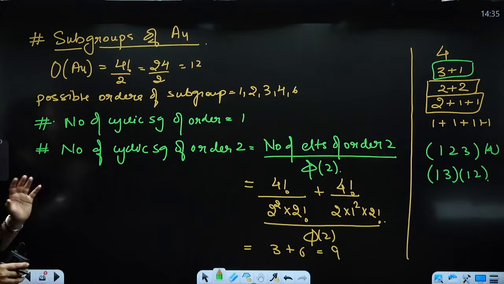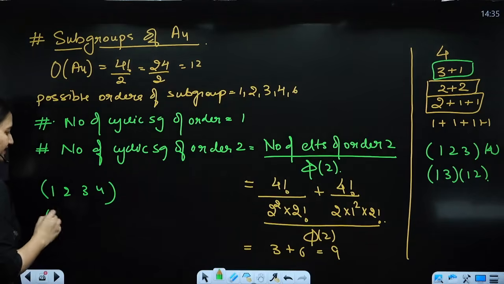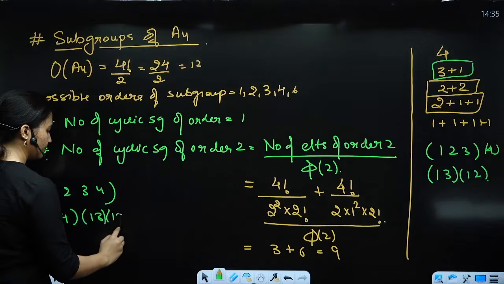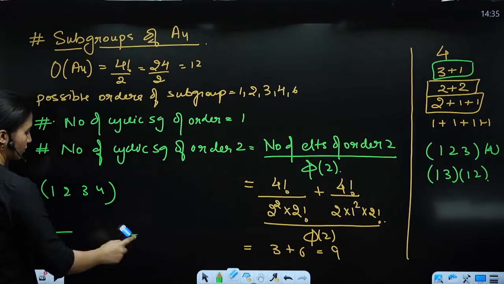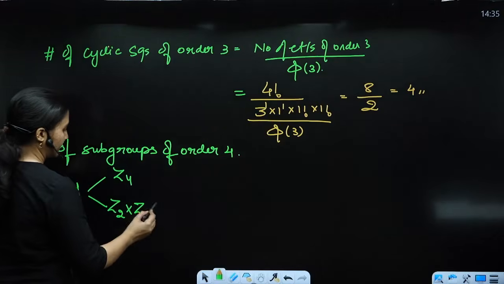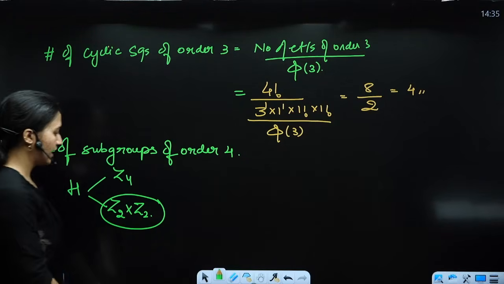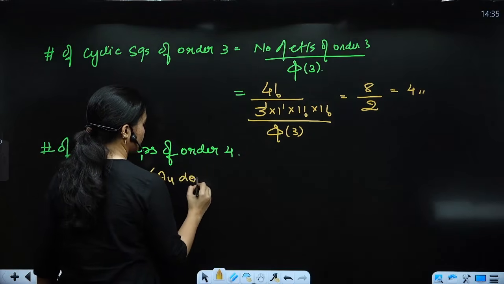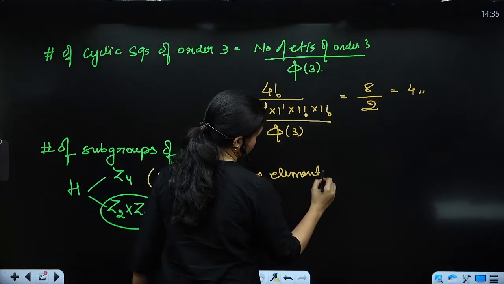But if you have an element of order 4, let's say (1 2 3 4), right? So can I represent it in the form of transpositions? Yes. So it will be (1 4)(1 3)(1 2), which is an odd number of transpositions, right? So an element of order 4 is not going to belong to A4, right? So this implies that if there exists a subgroup, it is going to be isomorphic to Z2 cross Z2, right? So here you can write that A4 does not have elements of order 4,